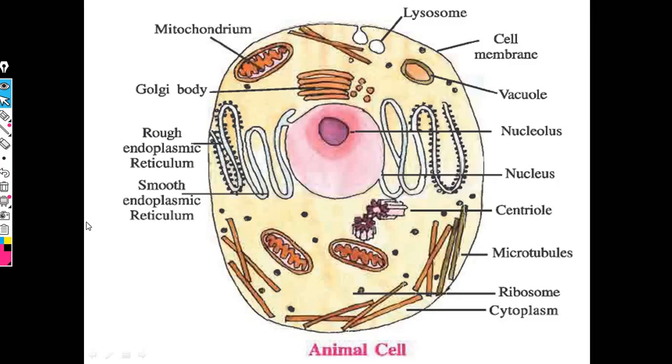Hello friends, last lecture we covered the topic of cell theory, and we also learned the exceptions to the cell theory. In today's lecture we are going to start with the details of eukaryotic cells, and we are going to check the diagram and the structural characteristics of the animal cell as well as the plant cell. And at the last we will have a very informative video that will help you to understand all these details which we are taking in this lecture.